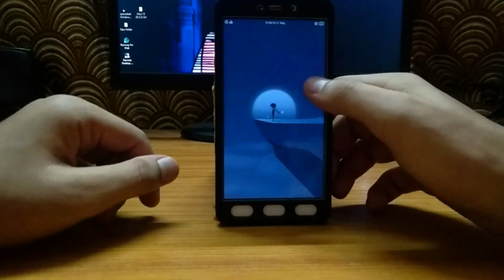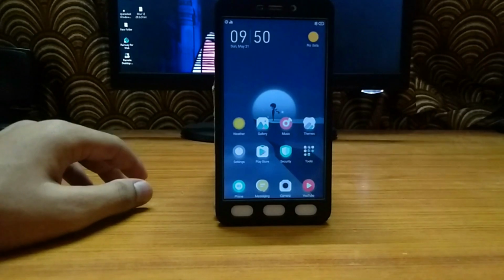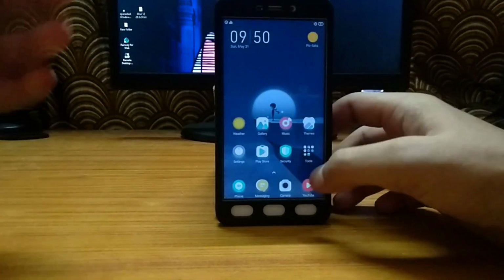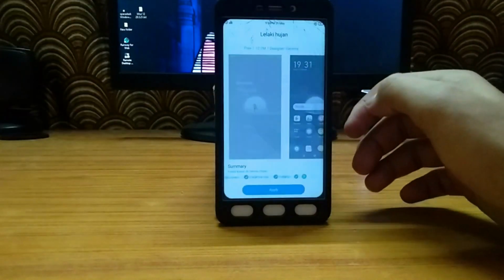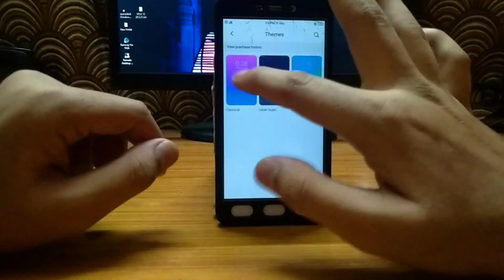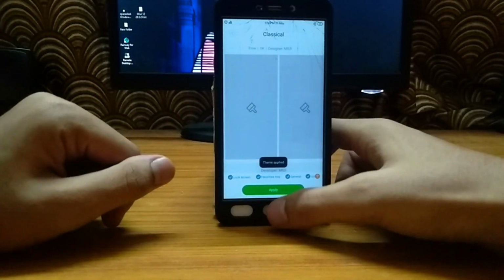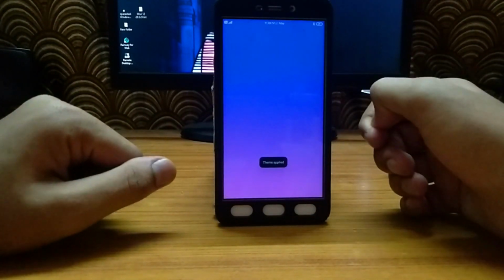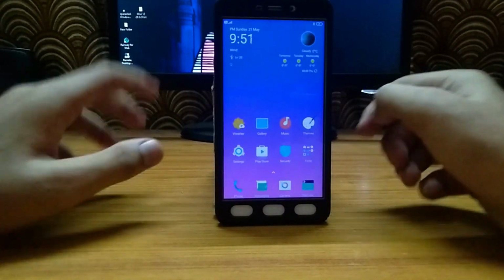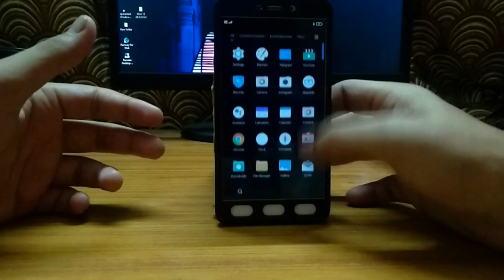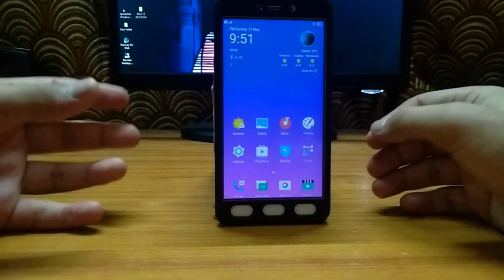So let's just go back, and as you could see, this is not the default theme that it comes with. So I'm just going to show you the default theme that it comes with. As you could see, every app has an animation or something, but in my opinion, that